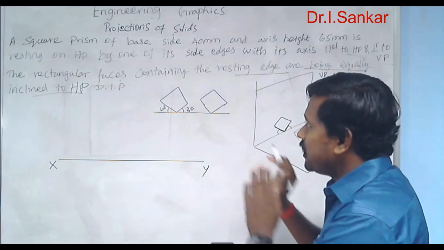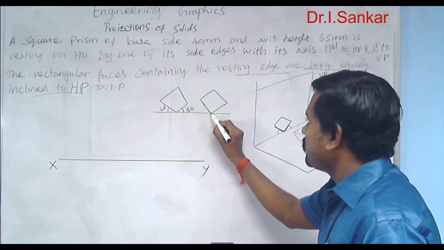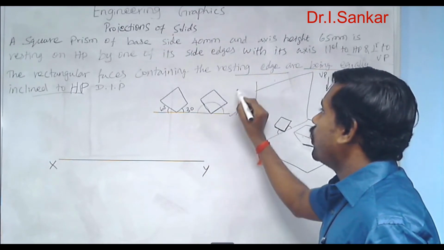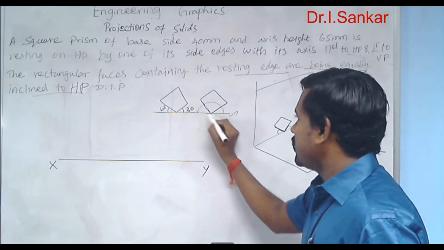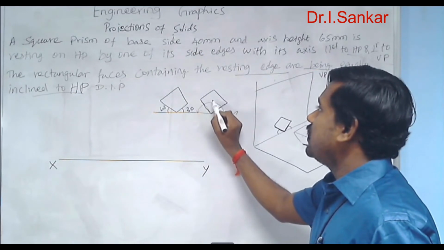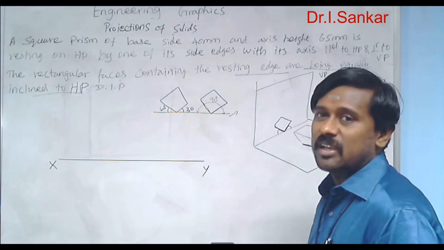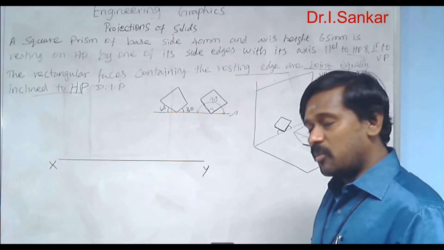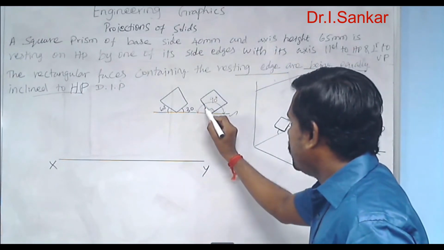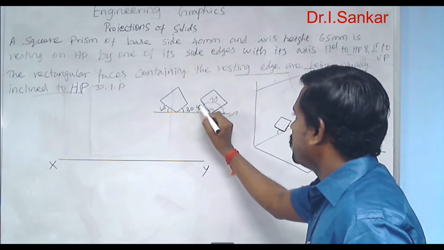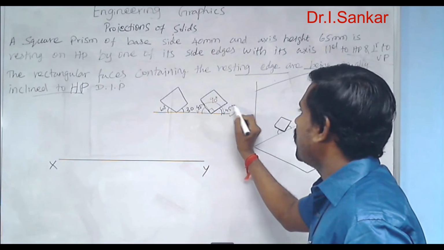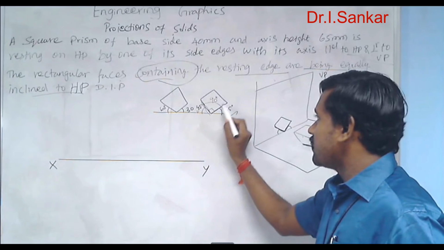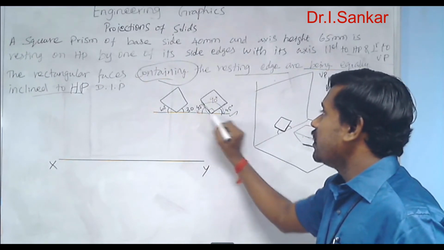But what actually required is these two surfaces are being equally inclined to HP. So actually the total angle is 180 degree. Out of this 180 degree, 90 degree is trapped inside the square surface. Remaining excluded angle is 90 degree. Here 45, there 45. If you draw the solid like that, then you can abide by the condition given. The two surfaces are being equally inclined to the horizontal plane.